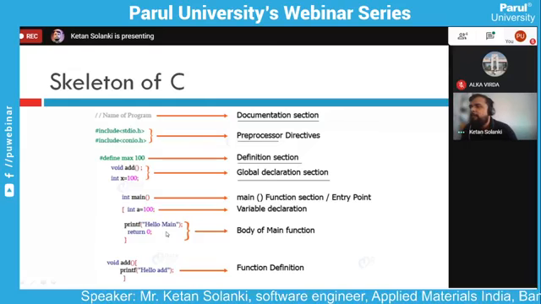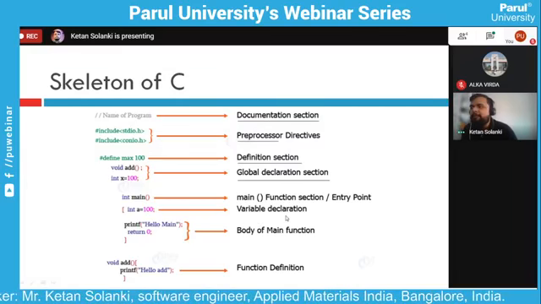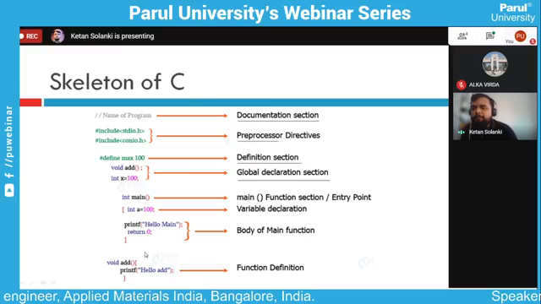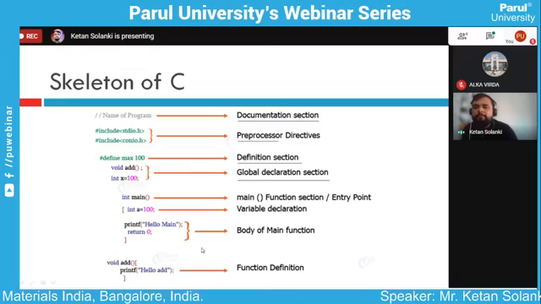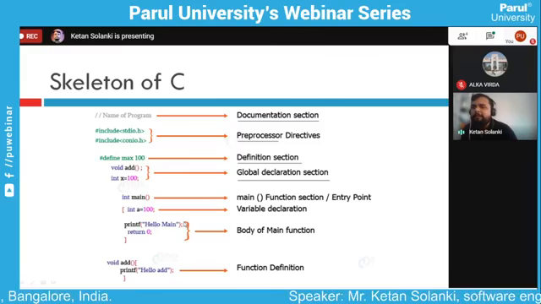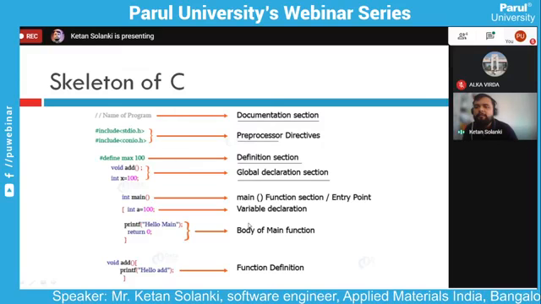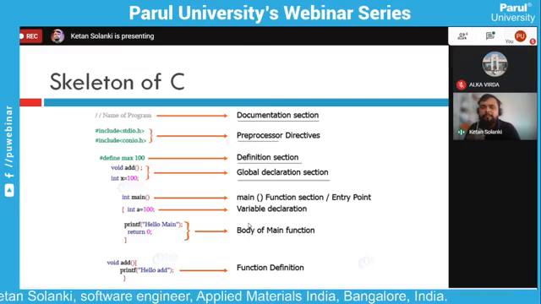Then we have a main function, and under the main function we declare variables. Then we have the body of the main function, and this is the fashion in which a function is defined. Here the intention is not to give knowledge of the C language, but to demonstrate how C is designed and formed. If we know how the skeleton of C is designed,